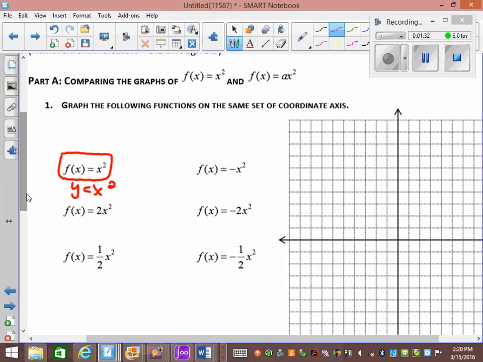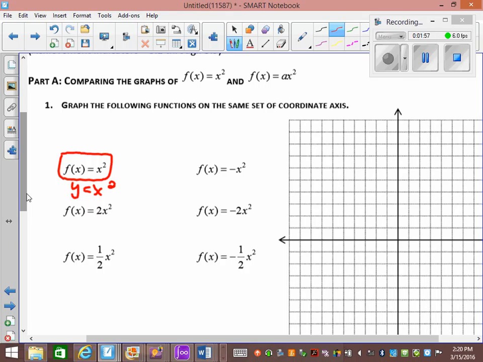So you did zoom and you did 6. So it went and changed your window to negative 10, 10, negative 10, 10. Okay? So that zoom 6 gets you to this window, the negative 10, 10 window, and a scale of 1. We're going to change that in a little bit, but for right now, that's the window we want to start with. Okay? Now you're going to go into your y equals and you're going to type in x squared